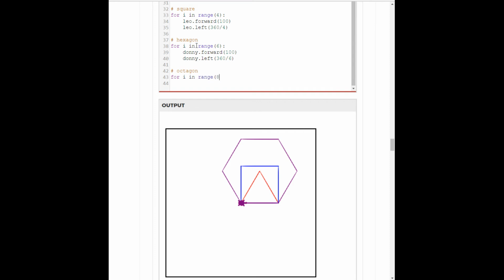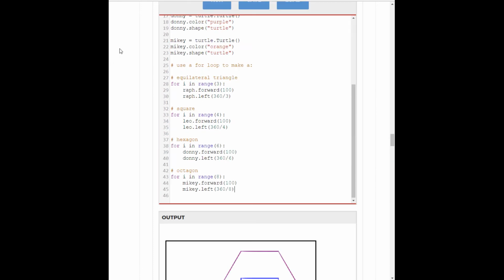So I know an octagon has 8 sides, which means I know, based on what I've done previously, that Mikey needs to go forward 100 units, and at the end of each of his forward steps, he needs to turn left 360 divided by the number of sides, which is 8, and therefore get